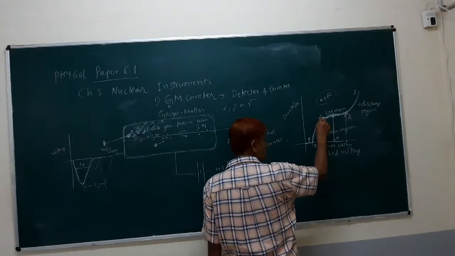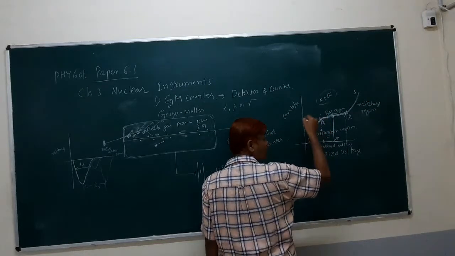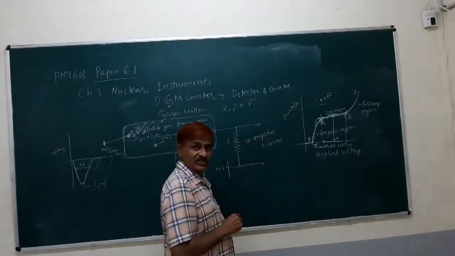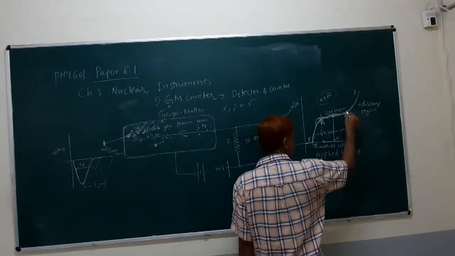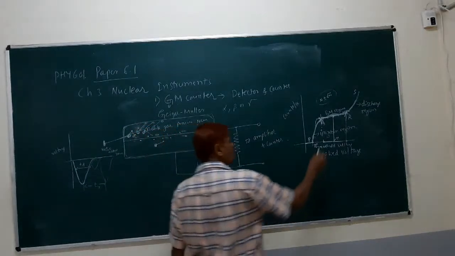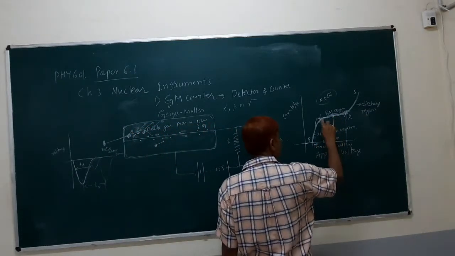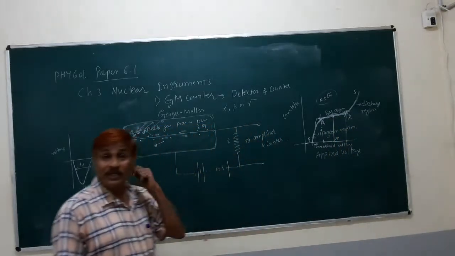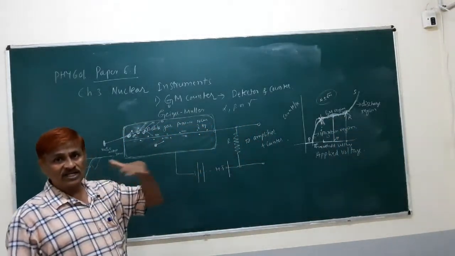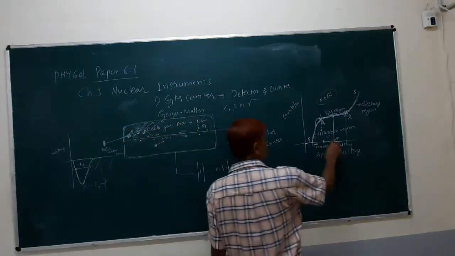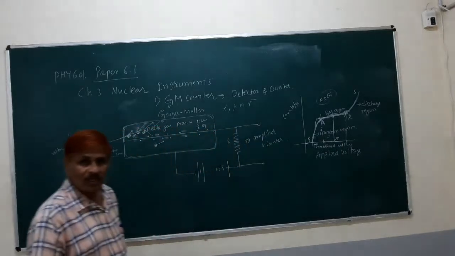If you choose this as the operating voltage, then if there is a fluctuation, you will enter the ionization region. Or if you select this as the operating voltage, with a voltage fluctuation you will enter the discharge region. For that reason, you have to take the midpoint of the GM region. If there is any change in the voltage, it will still be in the Geiger-Müller region, or plateau region, and that is the suitable voltage to count the radiation.